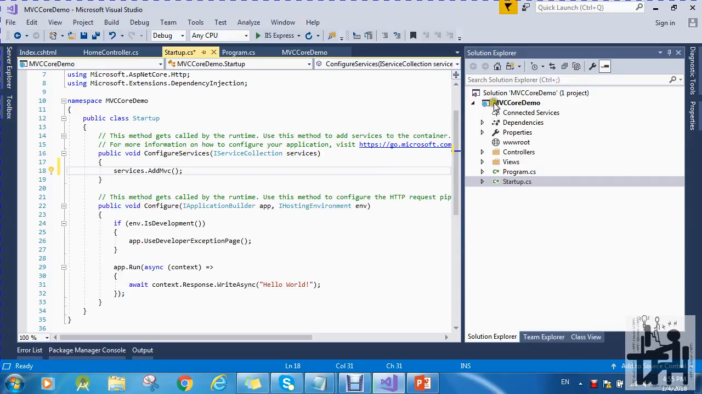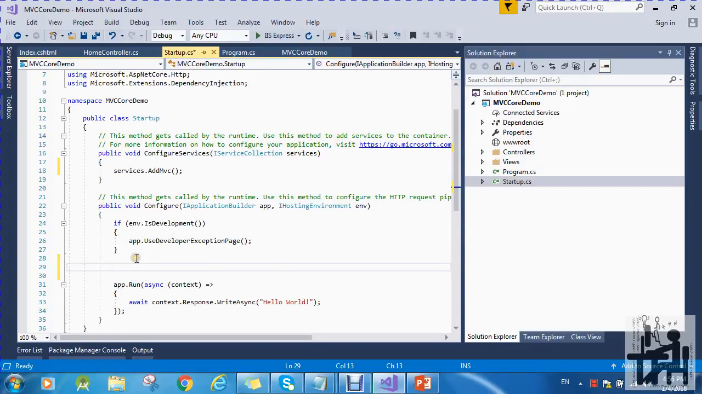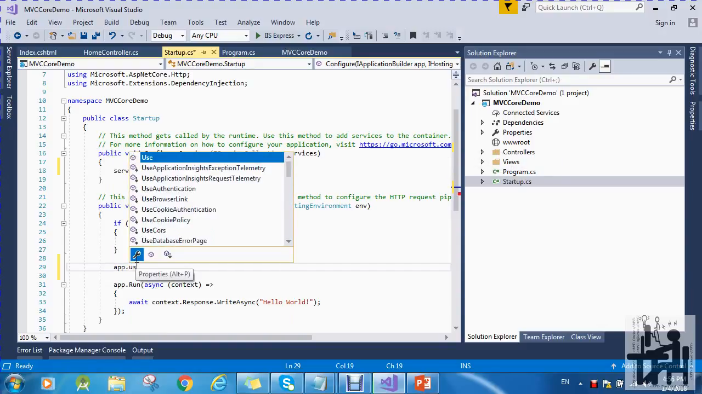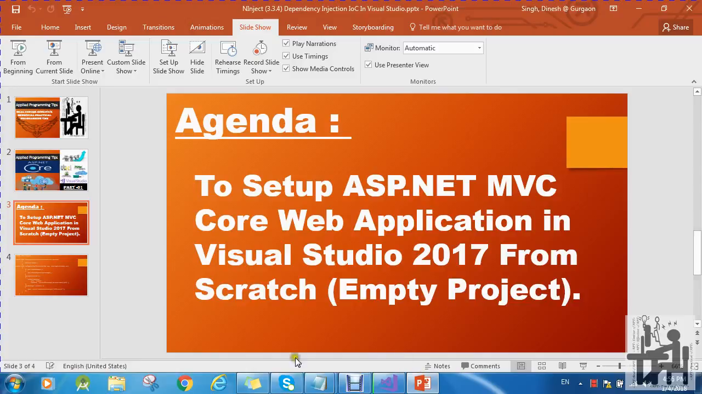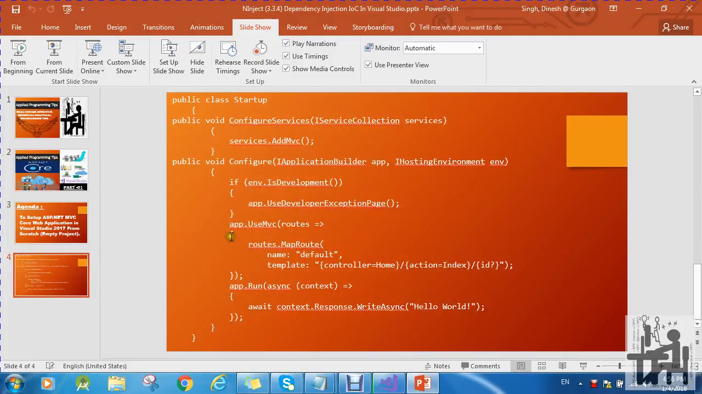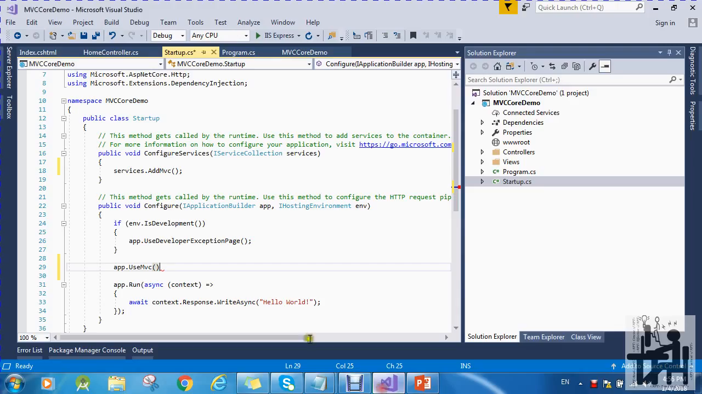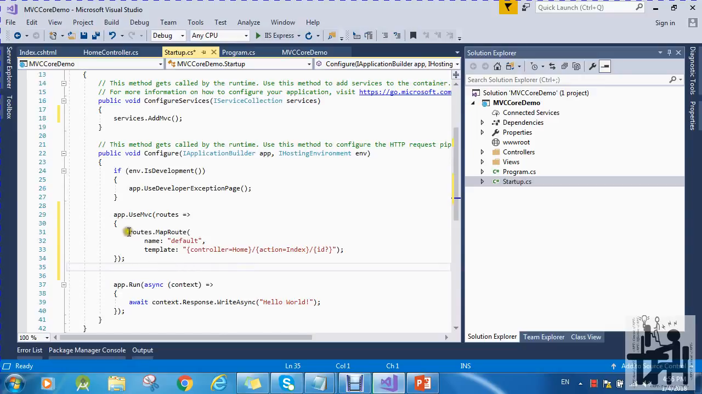Okay, since we took the empty template, that's why we are adding services manually. Another thing is we have to specify routing here, app.UseMvc. So let me copy the syntax. In order to do that, you have to add this line here. Okay, so what we are doing here, we are just telling the ASP.NET Core application to use